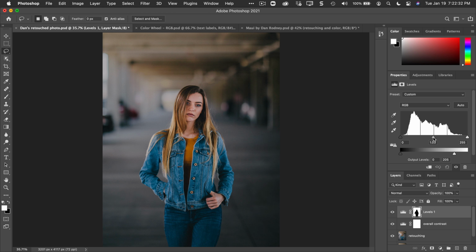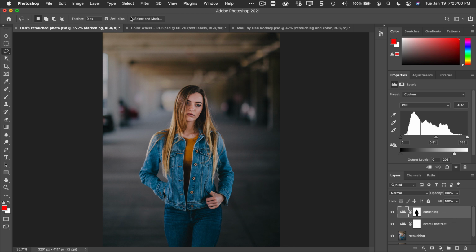I can also grab the midtones as well, and I can darken up the midtones. And notice that that's only affecting the background. It's not affecting her. So she's starting to pop off that background a little bit more. I think the other thing I could also do is maybe brighten her just a little bit. So I would call this darken BG as in darken background. And then I could do another one that would be